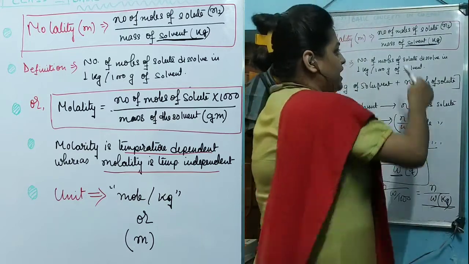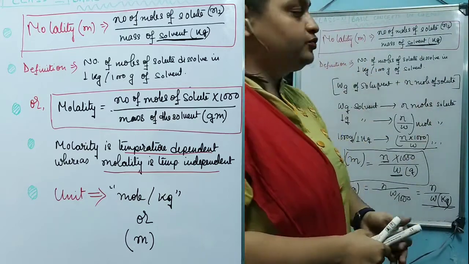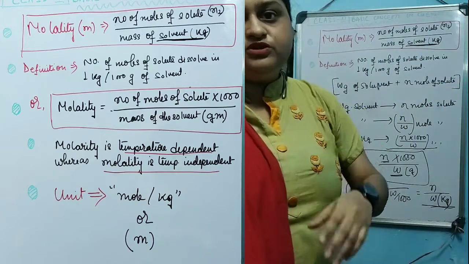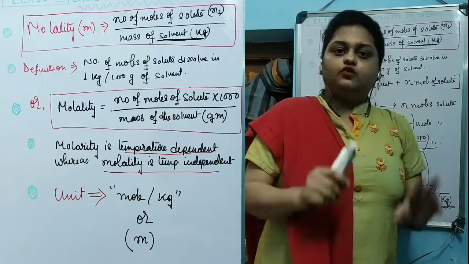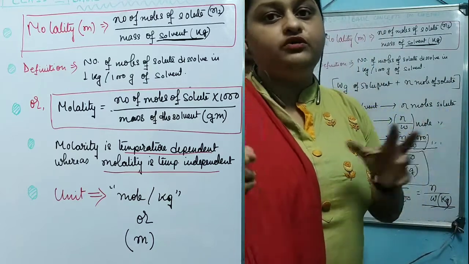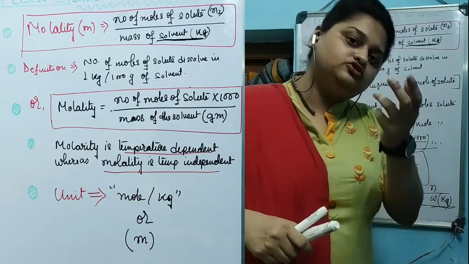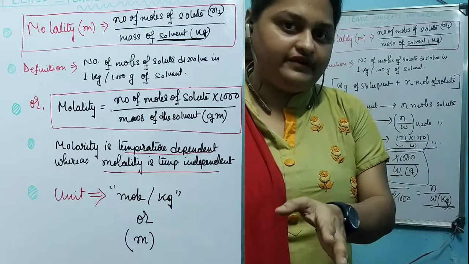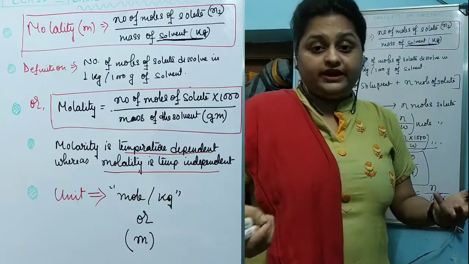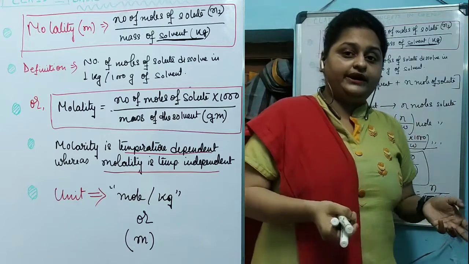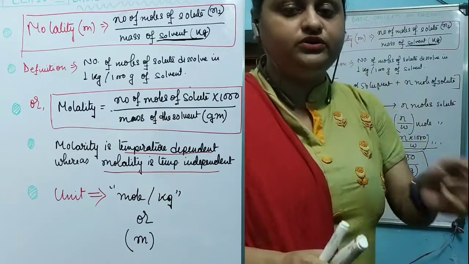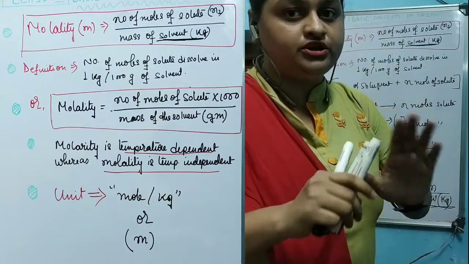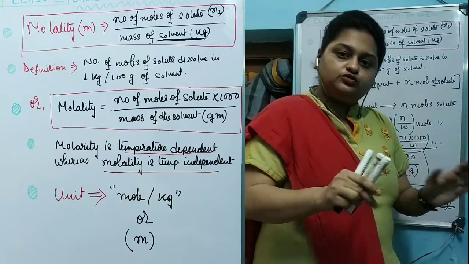Now you can ask, ma'am, in the molarity term we were taking volume of the solution as well, or volume of the solvent. Now solution's volume and solvent's volume are equivalent with each other. So when we are talking about the volume, we can actually write volume of the solution or volume of the solvent. When we want to take the volume of the solute, we are calculating the amount of solute with respect to the volume of the solution. We can actually write volume of the solvent and solution, that both will be the same thing.